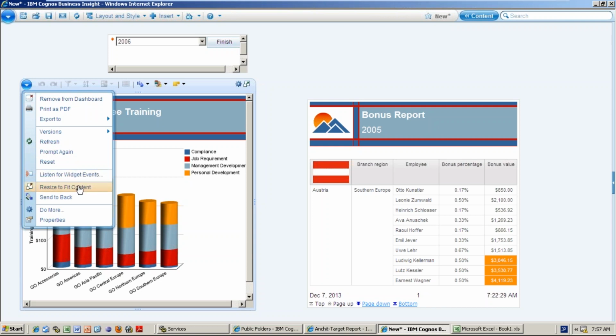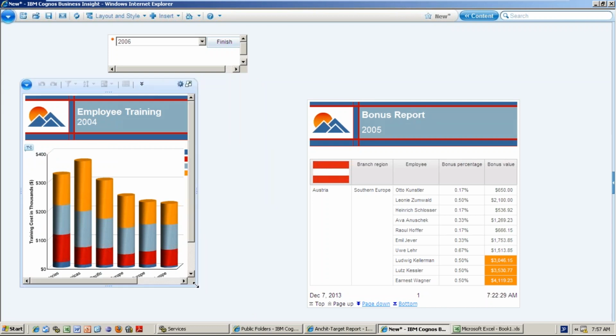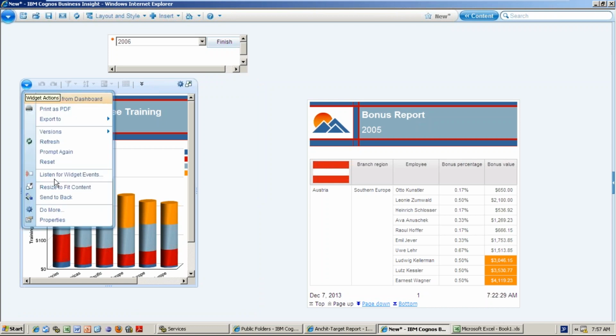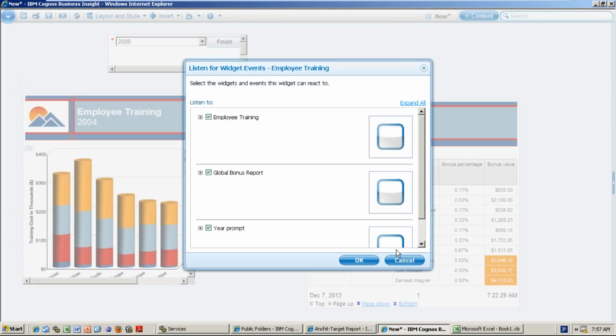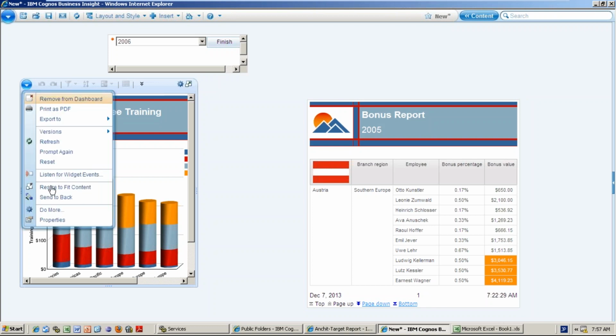Resize to fit content, because if it is somewhat crushed, say for example, I just made it somewhat small, and if you go into the properties and choose resize to fit content, it will try to enlarge.